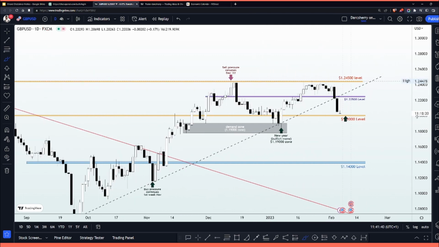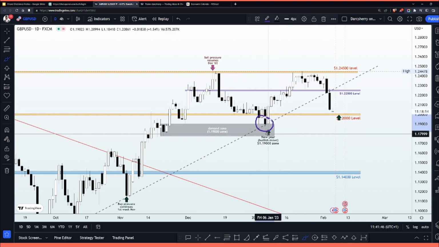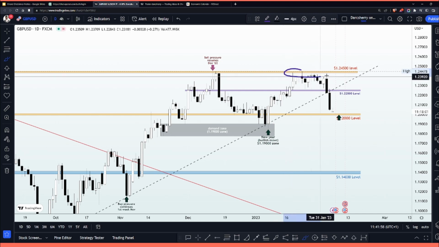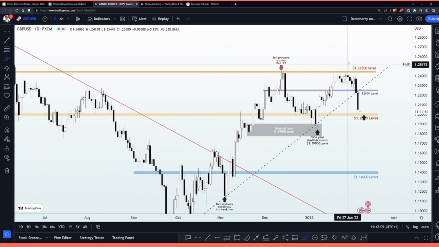And if we look at what happened here in the last couple of weeks, we saw that we had a bullish momentum since the beginning of the year, where price action continued to find higher highs after breaking out of the 1.200 level, respecting that bullish trend line at the same time. But one thing that happened here was that when price got into the 1.24500 level, we saw selling pressure around that area, which lasted about 2 weeks to further emphasize how strong the sellers are